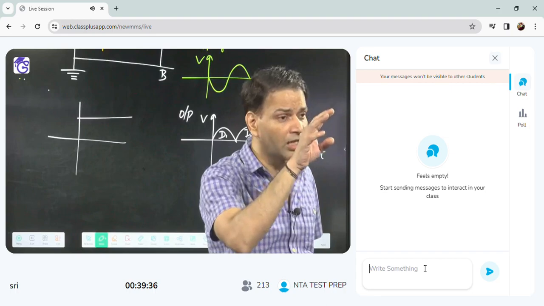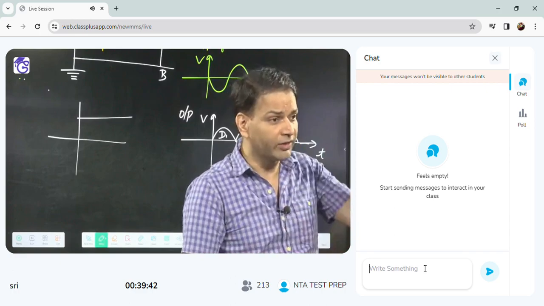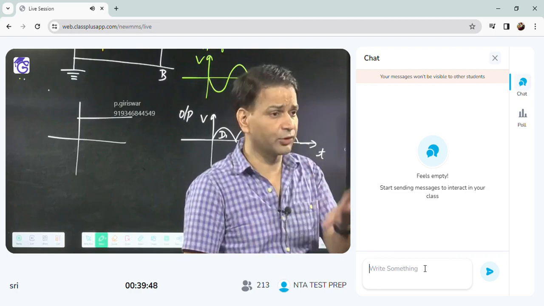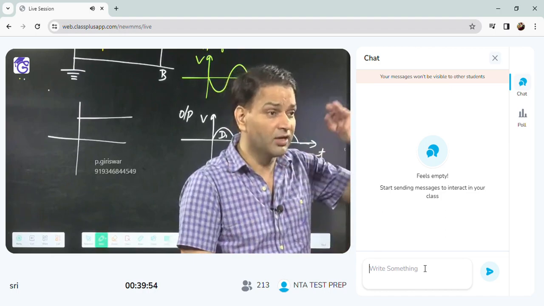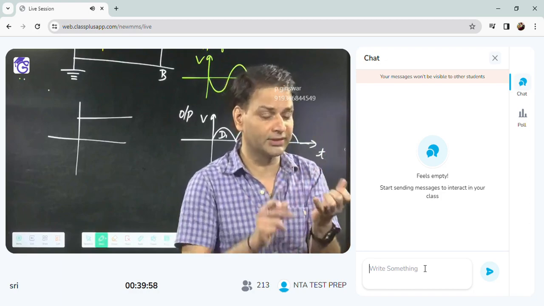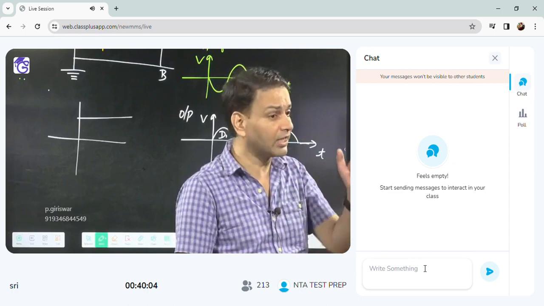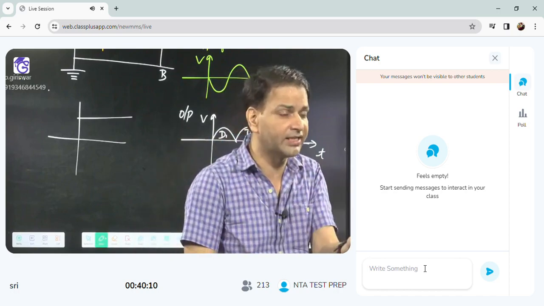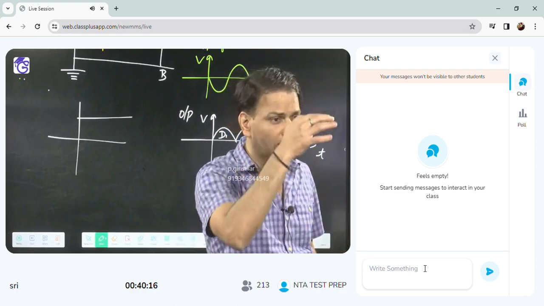So it will not allow the DC to flow through this. So DC will not go to the capacitor. But for AC frequencies are there, and we will take the large capacitor. So C is large, frequency is there, then reactance is 1 upon 2 pi Fc. F is there, C is large, so reactance will be small. So the capacitor will have a small reactance when it has a large capacitance and it is an AC, so its reactance will be small. When its reactance is small, then it will allow the AC.